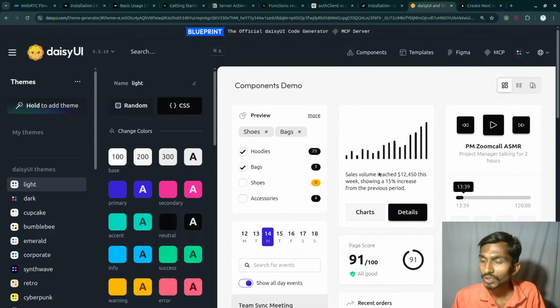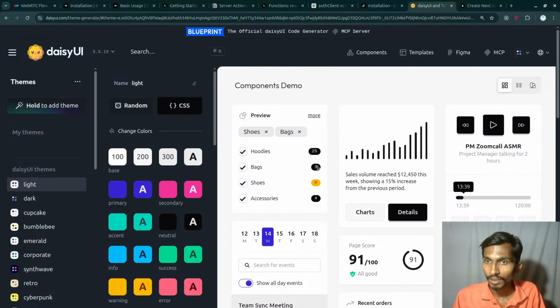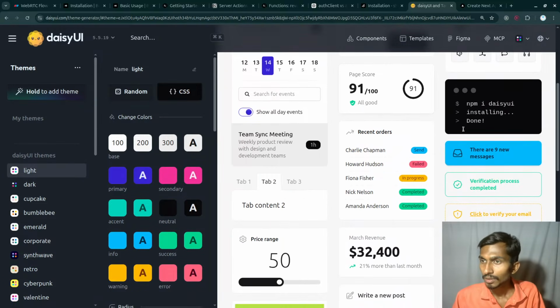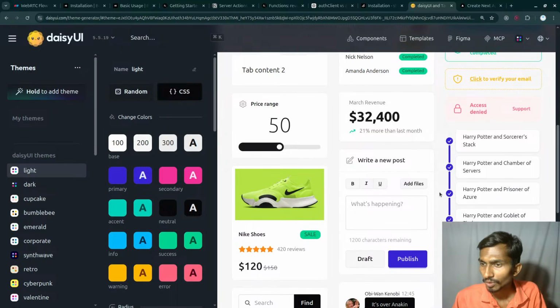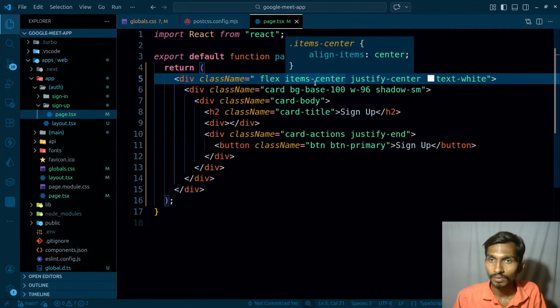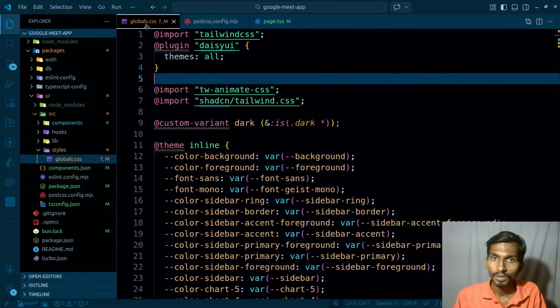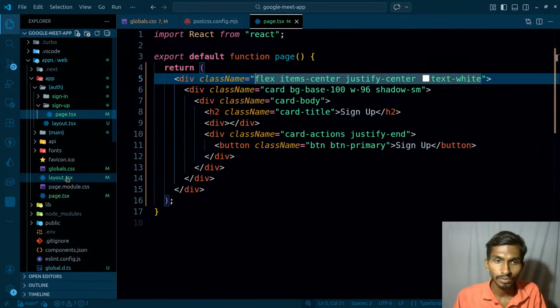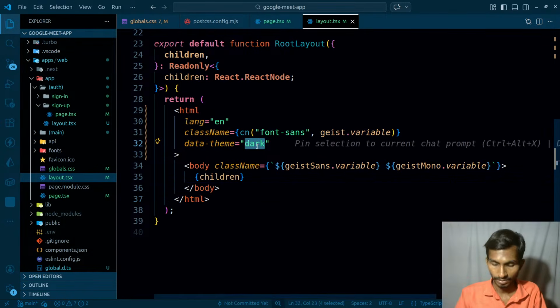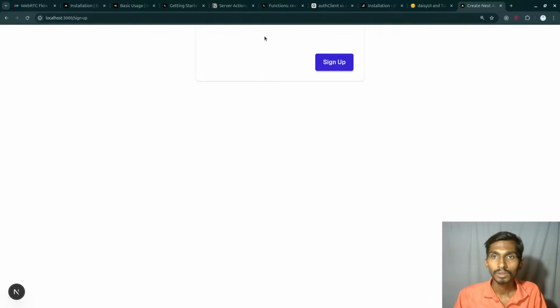So if I just use Daisy UI components, most of the things are going to be great, and they are going to work like this. And this is kind of okay, not really a big problem. So even if I'm going to be using this light theme, it is all right. If I go to the layout over here, if I make it light, it will not be problematic at all. It will even look kind of okay,